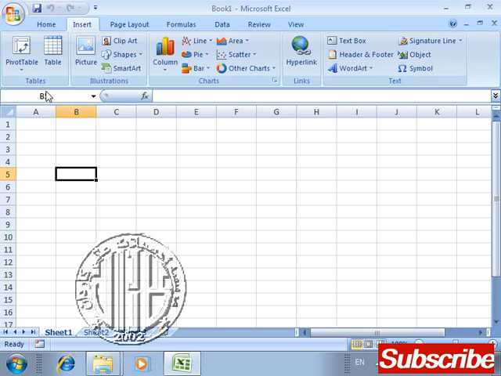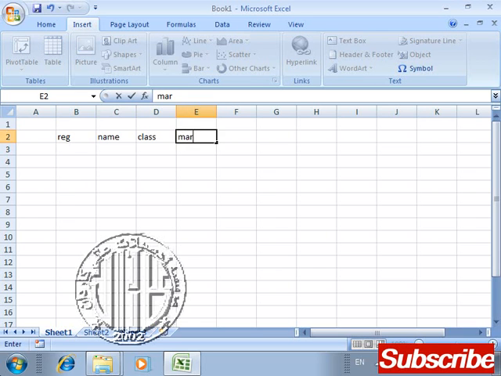First of all, start from this data table. We use a table whenever we want to give a quick style, and quickly give a style to our items. So we are going to use a table. Let's suppose registration number, name, class and marks. Here 1, Ali, class K and marks 20,